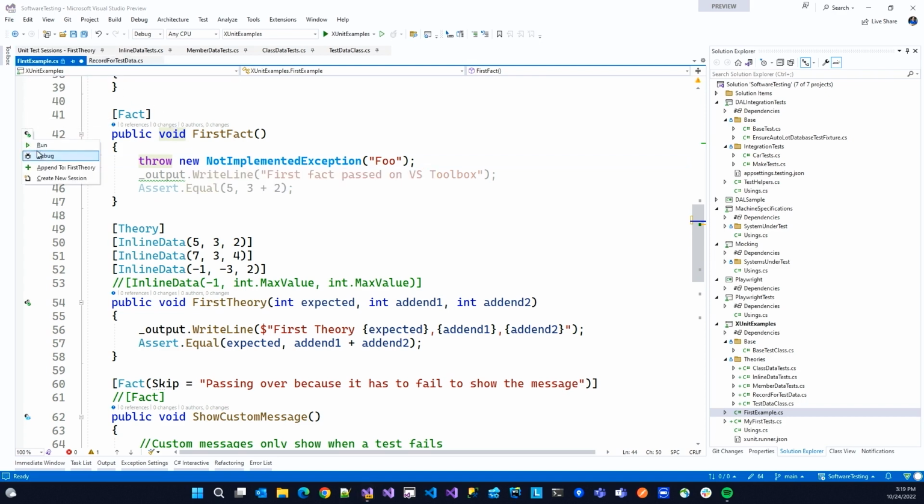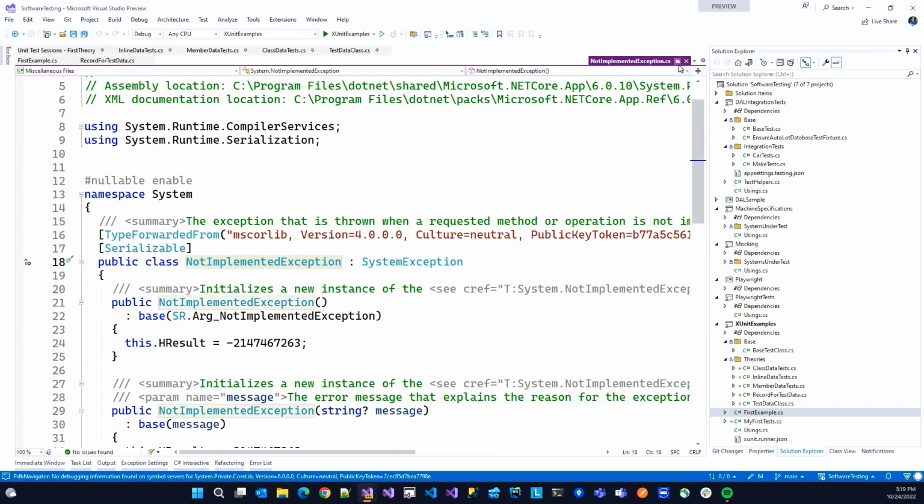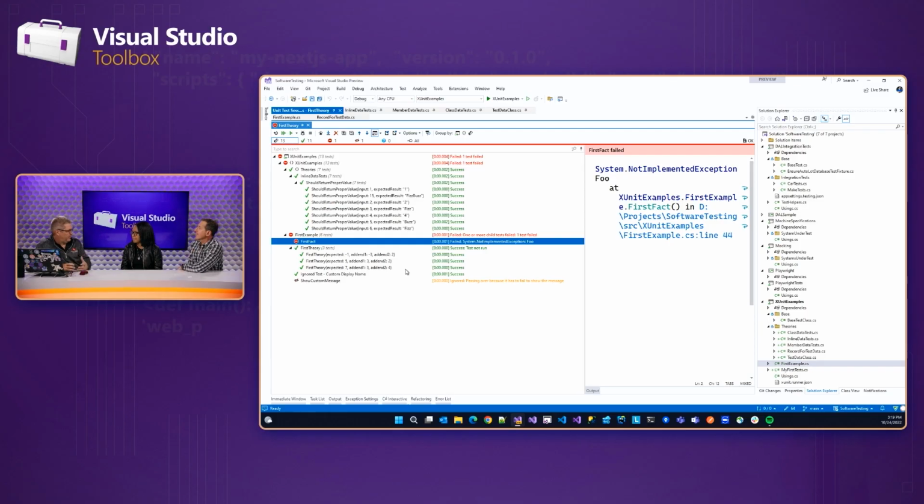And sometimes you just can't fight it. So now it failed, and we get the message here. What the difference is that when we get the message from XUnit, it's actually formatted, right? Expected 5, received 3, right? But I just want to, again, show the mechanics.